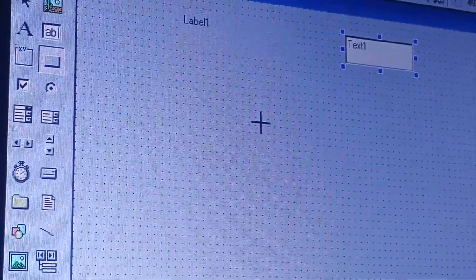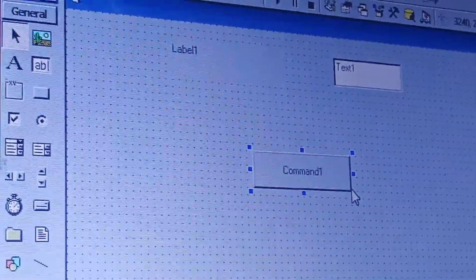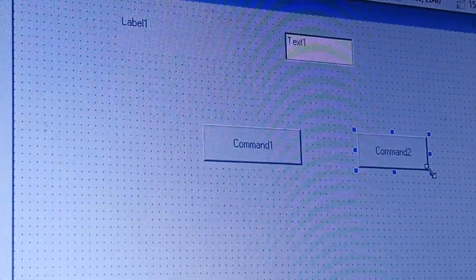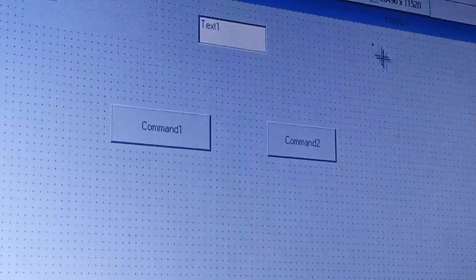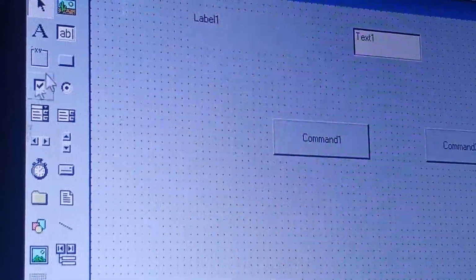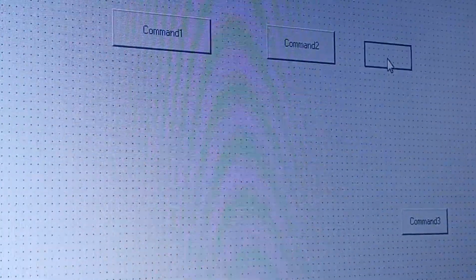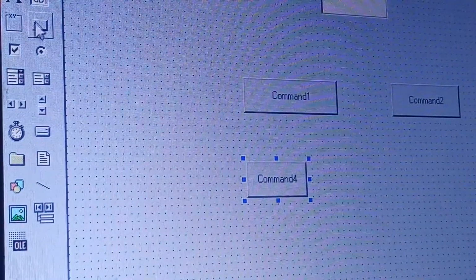Click it, come here, and drag and draw it. You have done it in Paint. If you want any shape in Paint, you click it and bring it like this. The same thing we do with the controls. If you want to get any control on the screen, you just click it, bring your cursor here and draw it. This is the first method. The second method is that I can even double click. Let me double click this option. See, this comes here. So there are two methods to bring the controls on the screen: either you click, bring it and draw it, or you double click and the control will automatically come here.